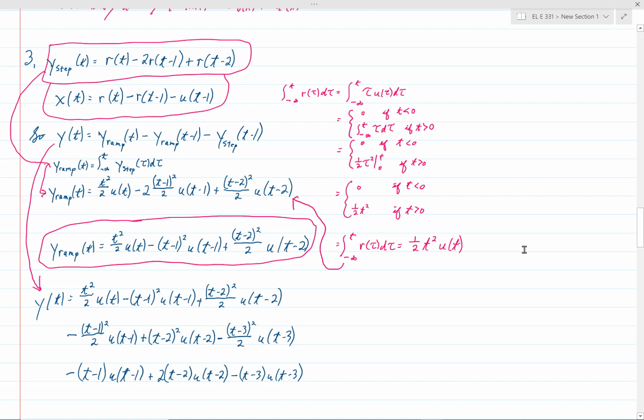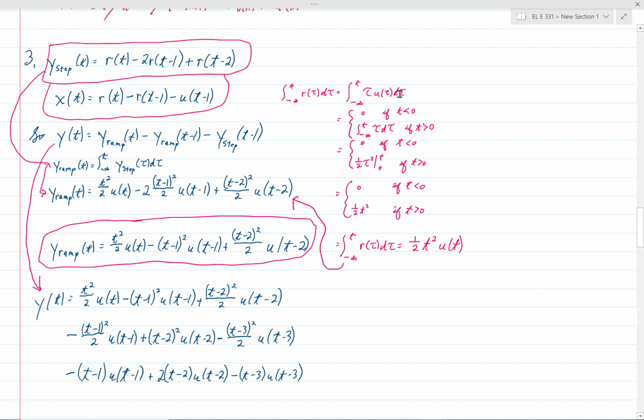Okay, so I took advantage of that break to be a little more careful about what I wrote here. So again, let's just start over. So we're wanting to find out what is the integral of the ramp function. We need to know that because right here, to find the response to the ramp, we have to integrate the step, but the step has a ramp function in it, so we need to know what happens when we integrate the ramp. So here's the integral of r of tau d tau,